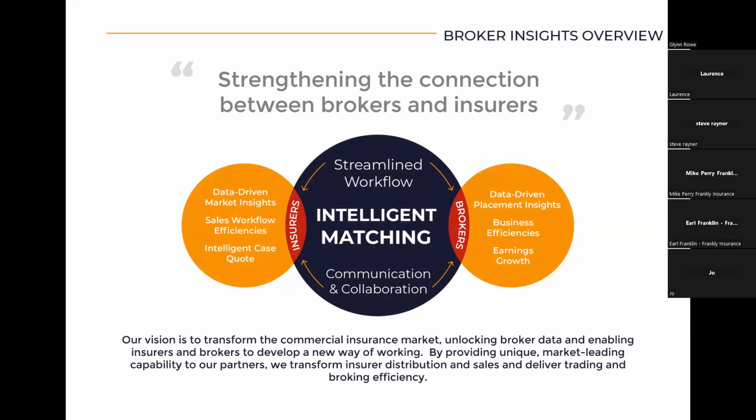It takes your policy data, and we overlay our partner insurers' trade appetite onto it, so when you're going through your renewal book, for example, you can see which of your policies sit within which insurers' trade appetites. The insurers get a cleansed view of the policy data as well. We'll come on to that in a bit more detail in a moment, but what it allows them to do is proactively go out and see what's going through the market. It allows them to make data-driven market insight decisions, helps them achieve better efficiency within their workflows, and intelligent case-by-case quote matching.